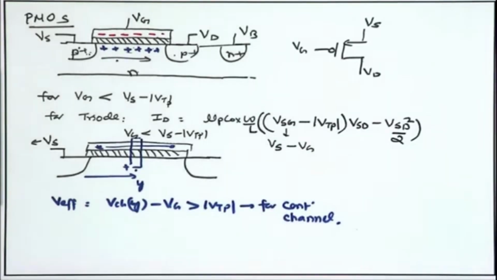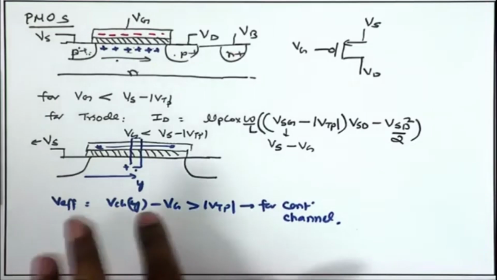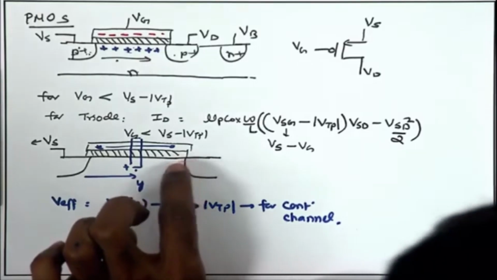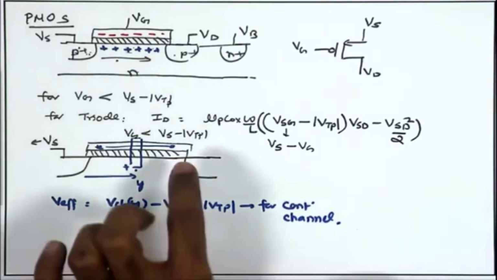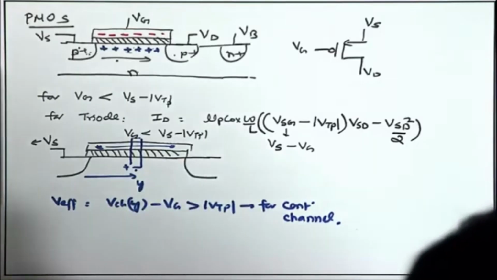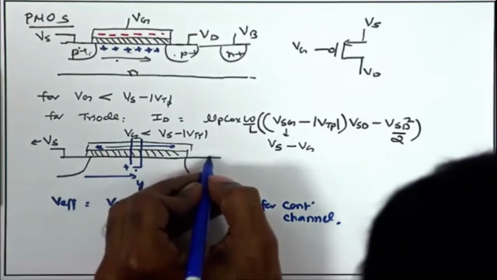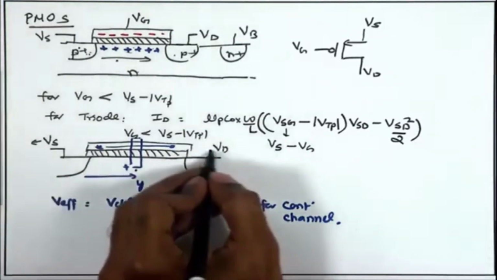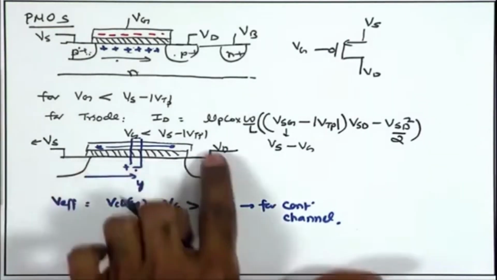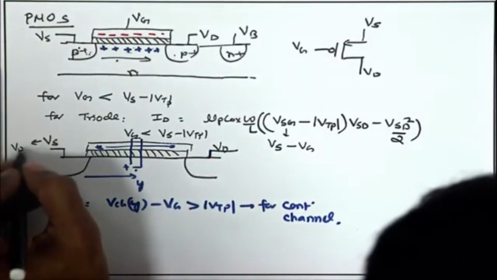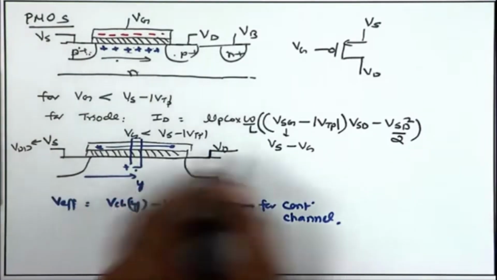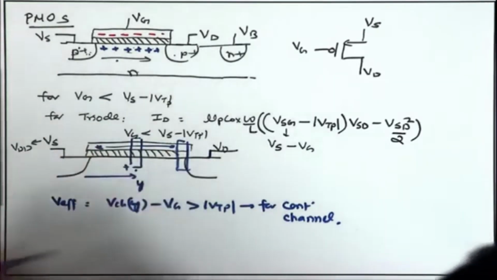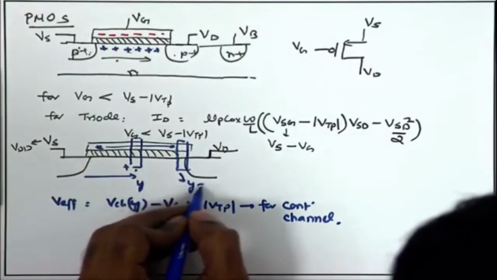The moment we have a condition where this equation is violated for any y, that means once again the channel is going to be reduced to 0; the whole charge that you are trying to build is going to reduce to 0. So, what happens if we start reducing the drain terminal with respect to the source? Initially assume the drain potential Vd was close to the source potential, but now you start reducing it further and further. As compared to Vs, which was initially equal to Vdd, you are reducing Vd, taking it lower and lower. Then of course, at the drain end of the channel, which I can say is y equal to L,